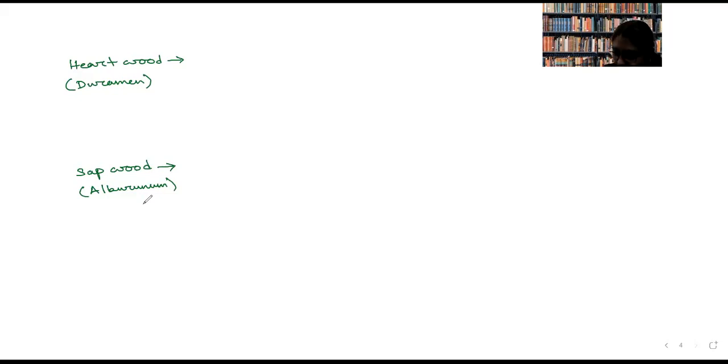So this hardwood is dark in color, and basically they are non-functional and non-living, but they are very tough, heavy and durable. Why? Because so much secondary metabolites are stored there, resin, gum, because of which they are not prone to attack of insects, also because they have medicinal properties. Besides, hardwood is very strong. So this dark colored non-living part of wood can be called hardwood.